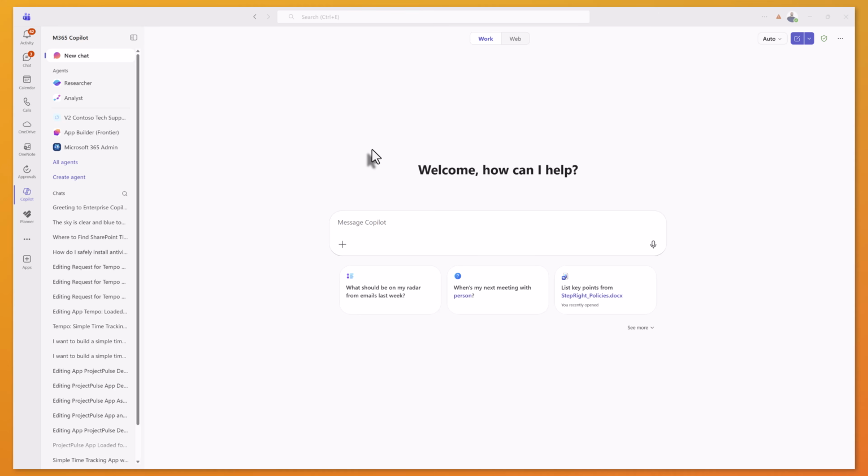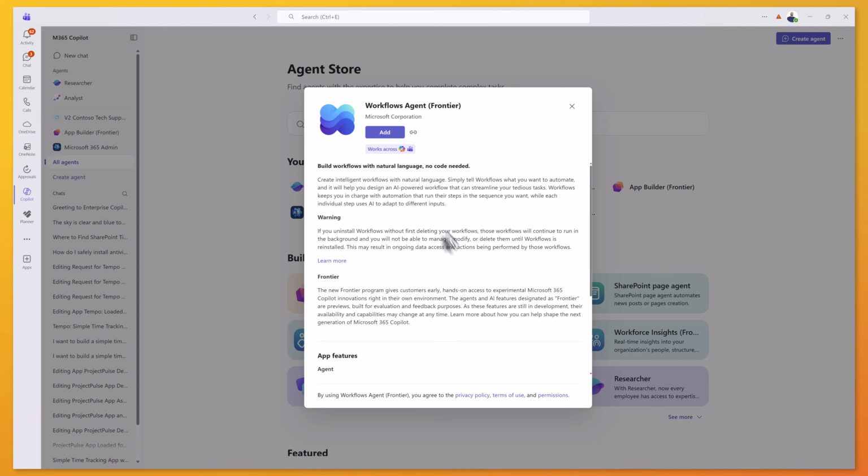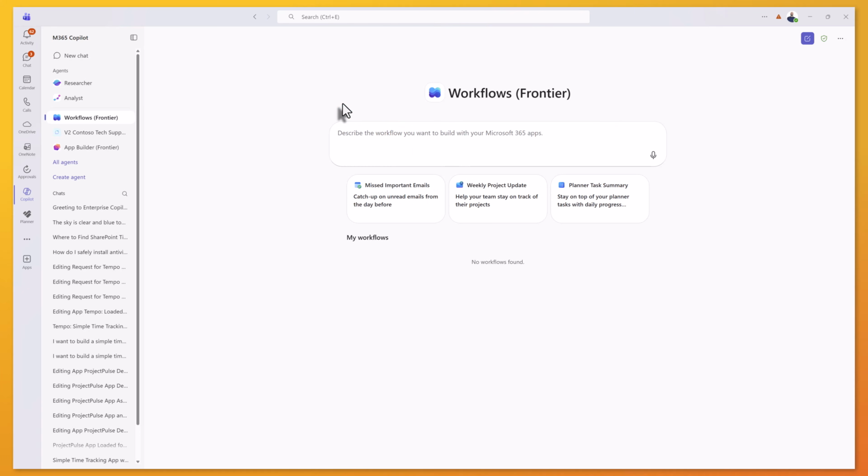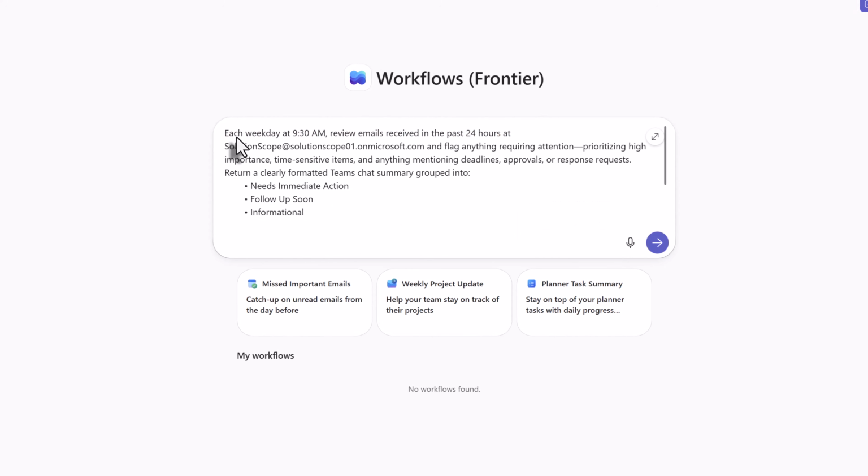To access the Workflows Frontier app, you want to click into Copilot and then click on All Agents. Next, you want to click on Workflows, and then you want to click on Add. To get started with the Workflows agent, you want to enter a very descriptive prompt of the workflow that you